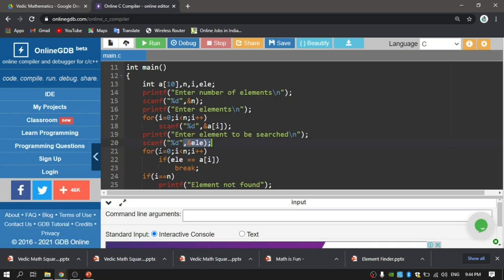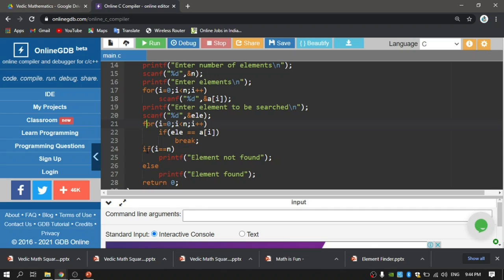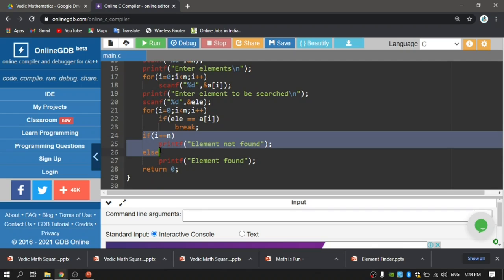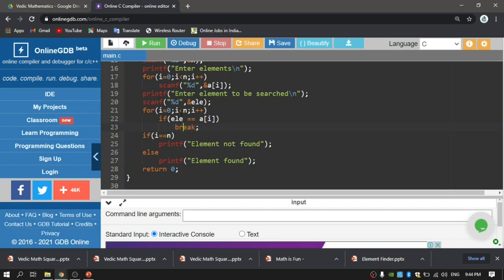I am iterating through the array element-wise for a match with the element that I am looking for. Whenever there is a match, this break will make the control come out of the for, such that the control is available here now, and this condition will fail. Why? Because break has been run, which means i is certainly less than n. So the else part will be executed, which returns element found.